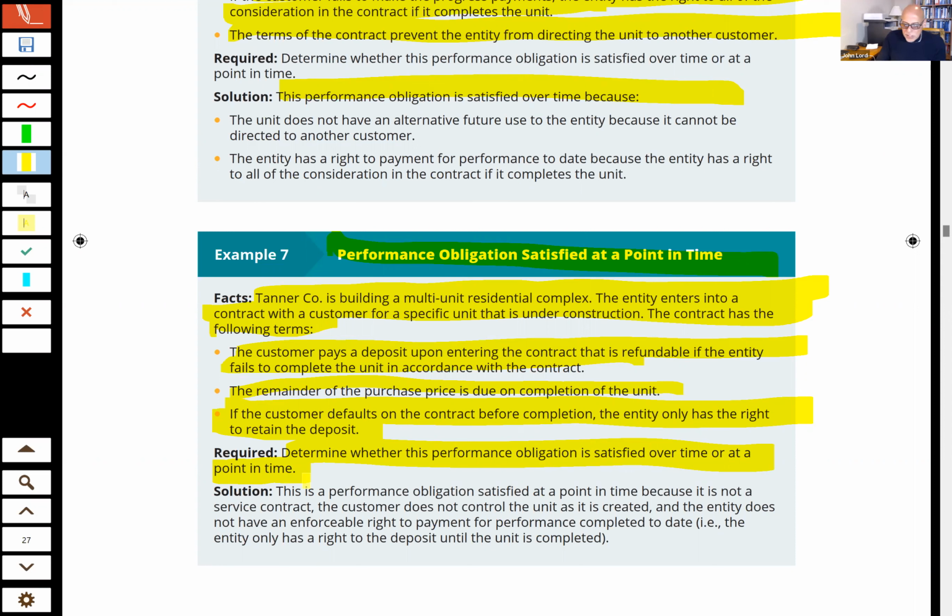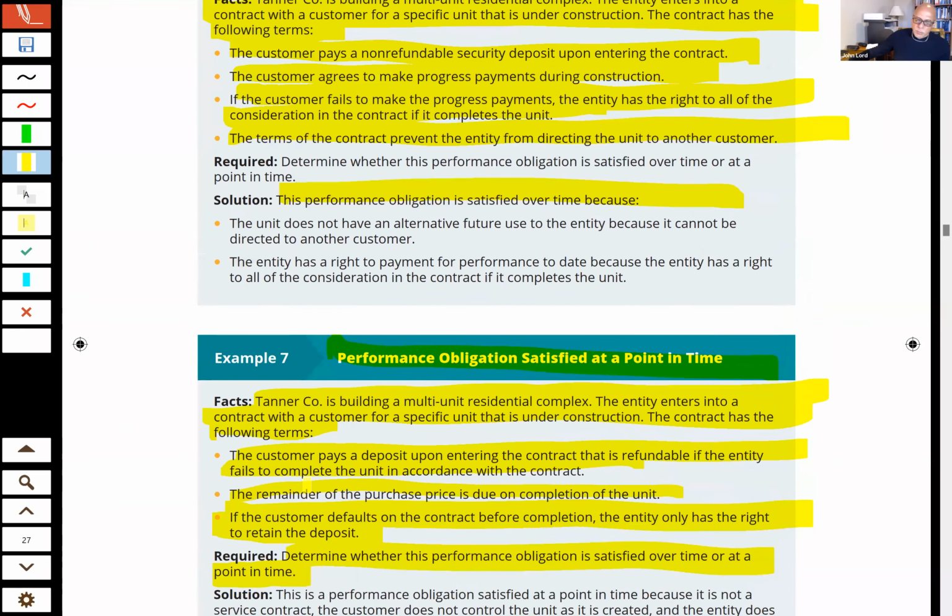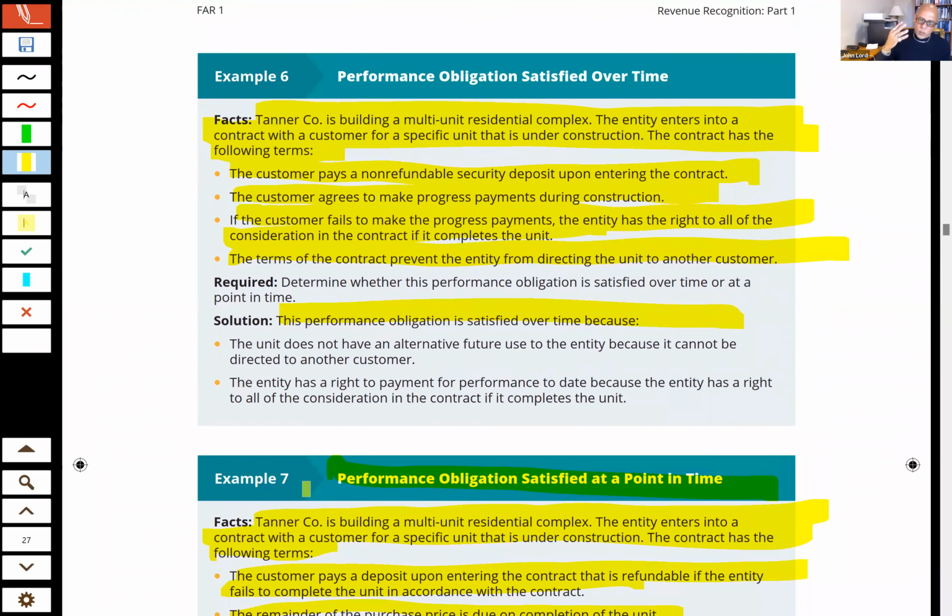Okay, so I think what's useful in your mind's eye here is you look at these over time, point in time, just sort of imagine, hey, I'm doing a custom house, I have this lot, I buy the lot from somebody else, I tell the contractor exactly what I want there, I can't take the lot away, the house is on the lot, so that's probably over time as they construct that house for me. Tract home, you don't own any of that, the land, the house, anything until they're done and they turn the keys over to you and you provide the consideration at that time.